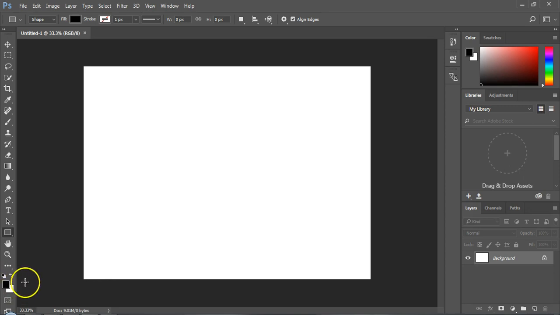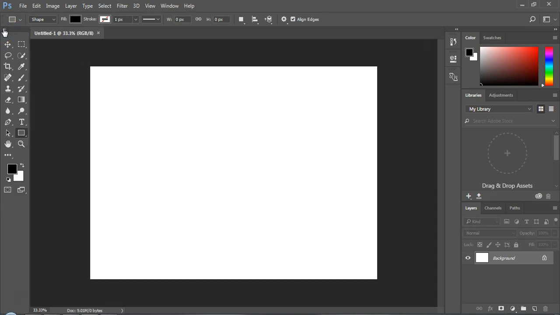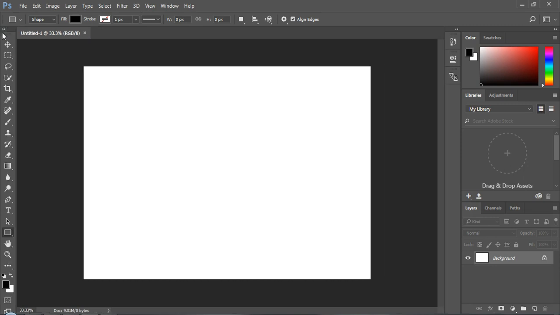Since black and white are already default colors, you don't see any change. Okay, time to take your focus up the screen. While going up, you might have noticed that the entire toolbar is in a single column. And when your focus reaches the top, you can see two tiny arrowheads pointing right on the top left corner of the toolbar. Click it and your beloved toolbar is no longer single. But nothing is forever. Click it again and the toolbar is in a single column again.